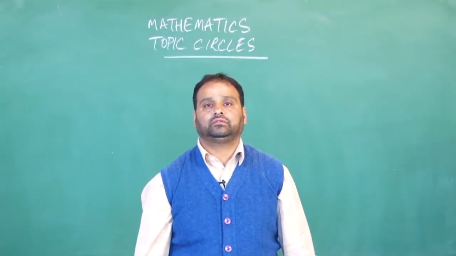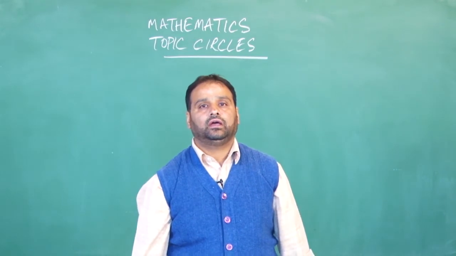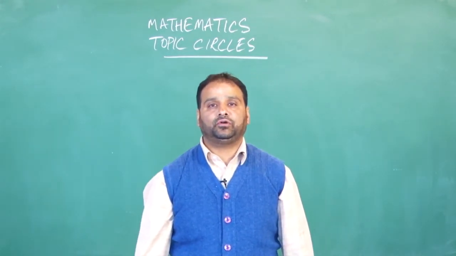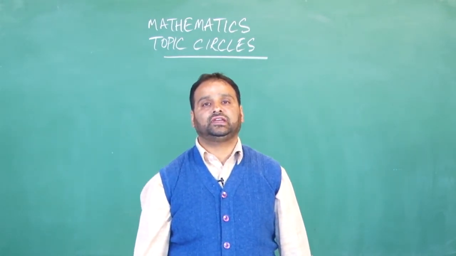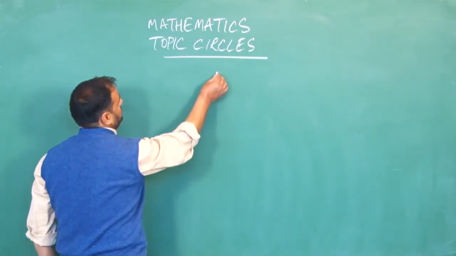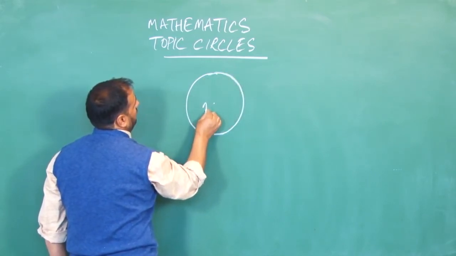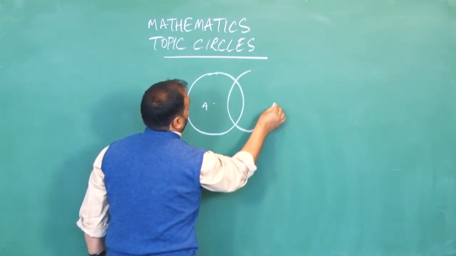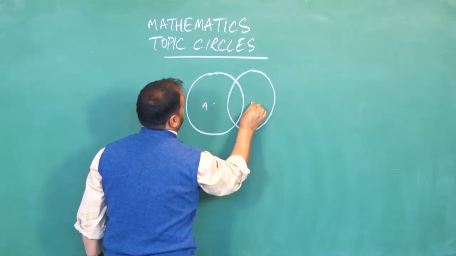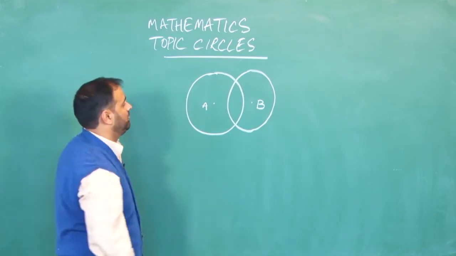Hello students, we are continuing with the topic circles. Today we will discuss an important relation when two circles intersect in 2 points. Suppose we draw two circles. Suppose this is a circle with center A and this is another circle with center B. Both the circles can be of two different radii, and